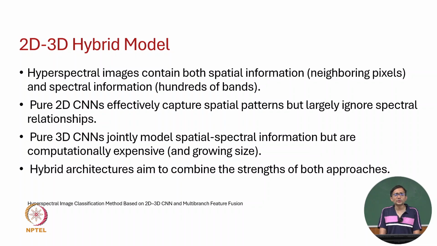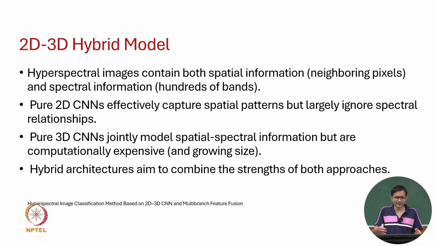Thus a pure 2D CNN would effectively capture spatial patterns, but largely ignores the spectral relationship, we can never say it completely ignores it, whereas a pure 3D CNN could be computationally expensive, and with each layer we would have a growing size. We'll see this example. So hybrid architectures aim to combine the strengths of both approaches, and